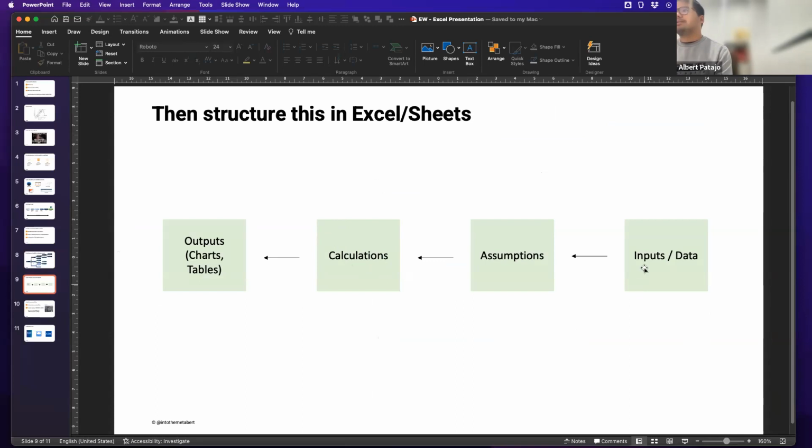So I'll have a set of inputs and I put them all on one sheet. This is really best practice for any Excel modeling: keep all your inputs generally separate from your outputs, or flag what's input or historical data. I'll then have a set of assumptions, which will influence calculations. And once I've done my calculations, I'll compile everything into an outputs tab. Any questions?